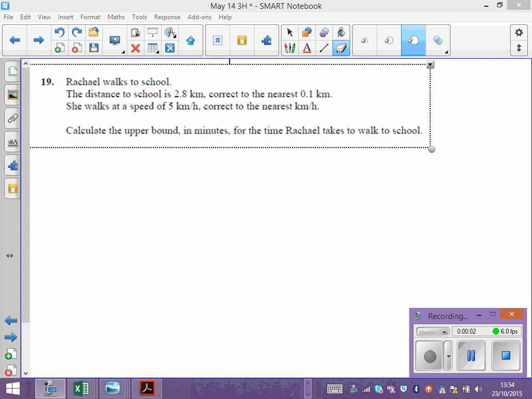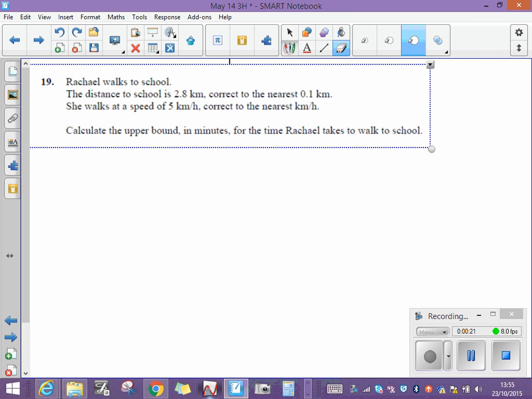Okay, this is an upper and lower bounds question, and the main thing that you need to remember about upper and lower bounds questions is whatever it's measured to the nearest, you have to add and subtract half of that quantity. So we're told that she walks to school, and the distance is 2.8 kilometers to the nearest 0.1 kilometer. So to find the upper and lower bounds, we're going to add and subtract half of 0.1 kilometers,